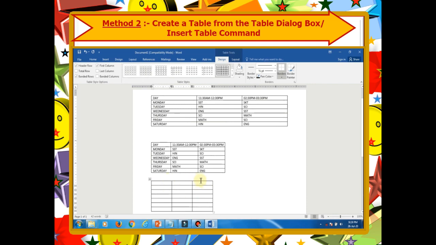Will the width of the cell increase, or will the length increase? Here you can see that the width of the cell doesn't change, only the length gets adjusted. So that is the difference between these three types of auto fit behavior.